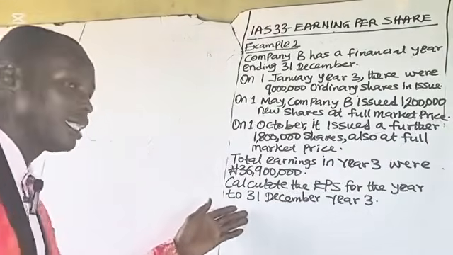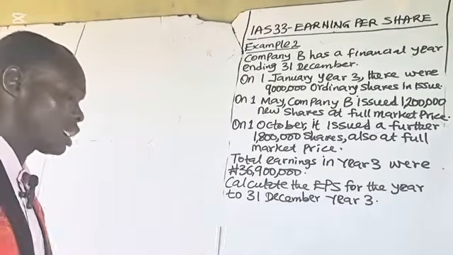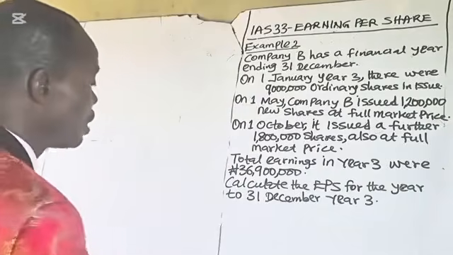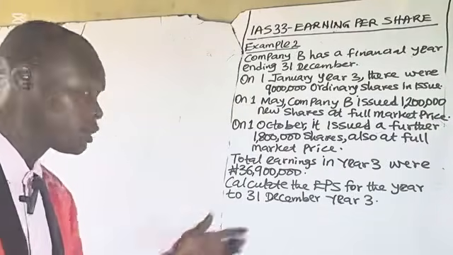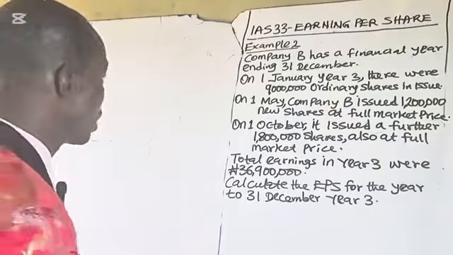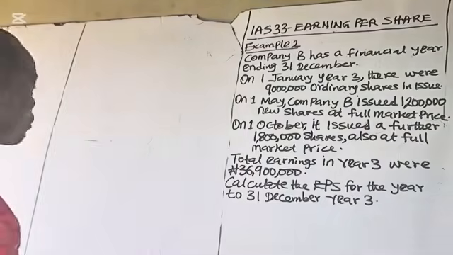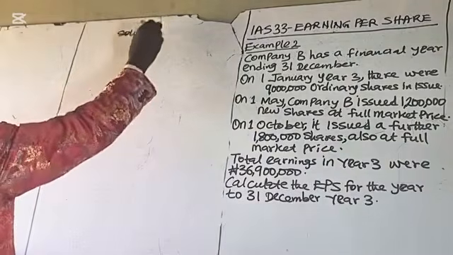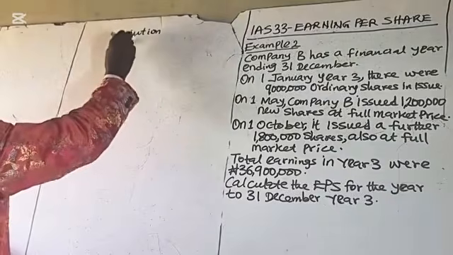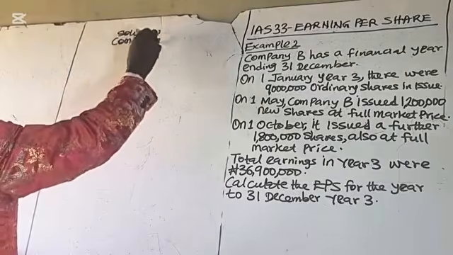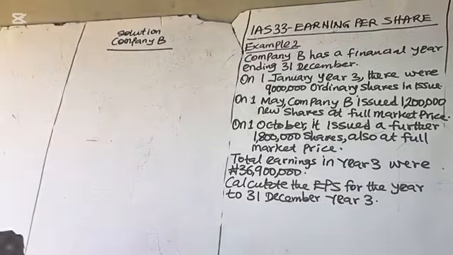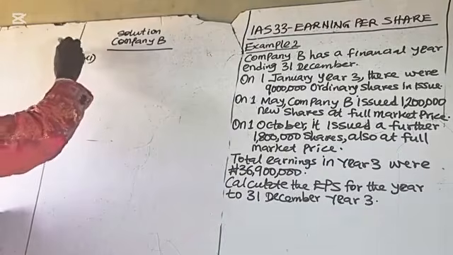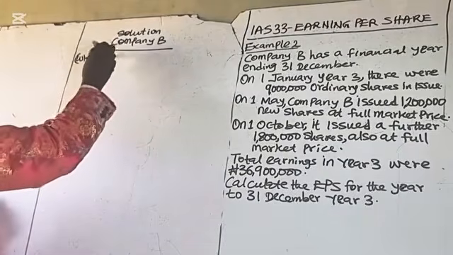Calculate the EPS for year to 31st December year 3. So this question is obtained from ICAN study text. It is a practice question in ICAN study text by Emile Woolf Publishers. The same question can be obtained from ACCA study text. Now, let's have the solution to example 2. The name of the entity is Company B. I've told you the problem area is the calculation of weighted number of ordinary shares. So now let's have calculation